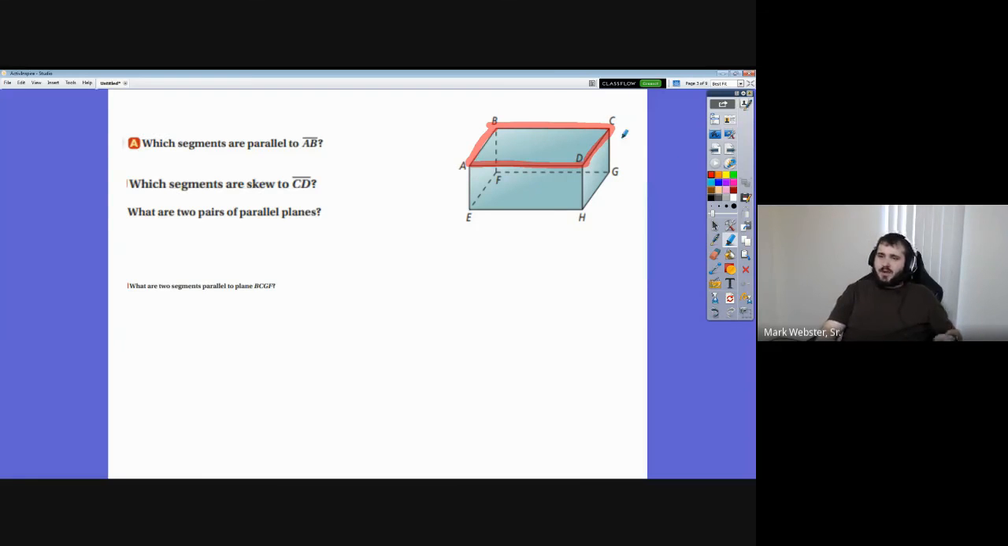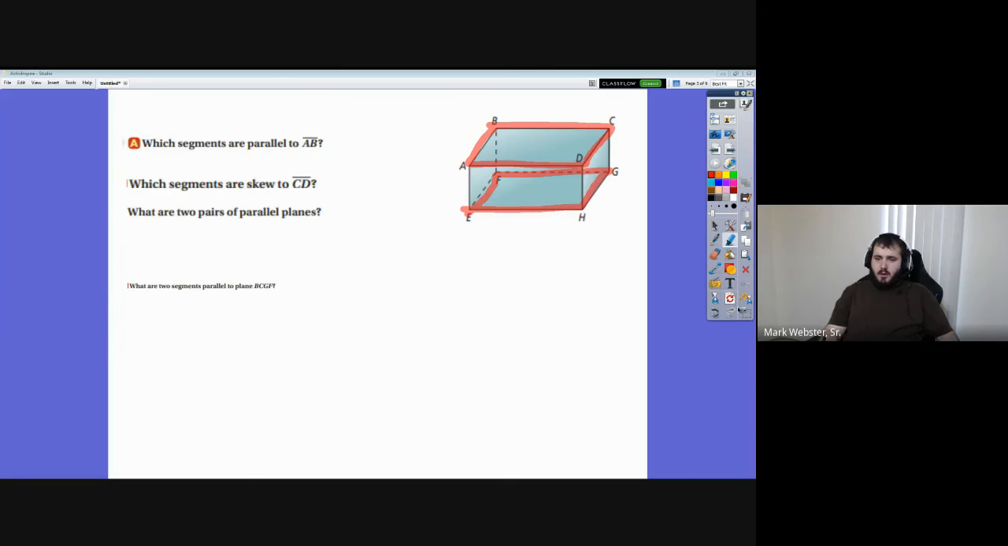We would want to know what plane is parallel to that top plane, right? And so we look. What plane is parallel? What plane is going the same way, never going to touch? It's this bottom one, EFGH, right? So this one down here is parallel to the one on top. So if we want to know which planes are parallel, we look at the top one, we look at the bottom one,